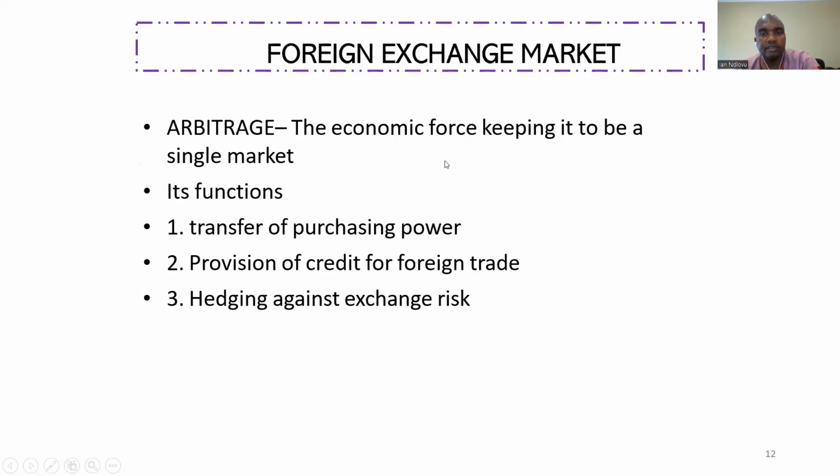Arbitrage. We want to cover certain activities that take place in foreign exchange markets. Arbitrage refers to the economic force that keeps the foreign exchange market from being a single market. The functions of arbitrage,